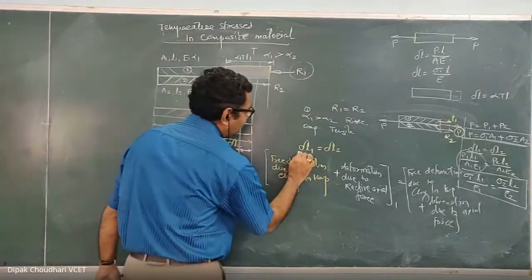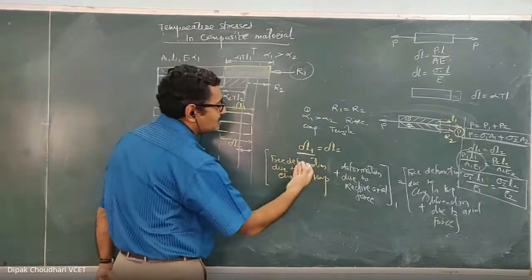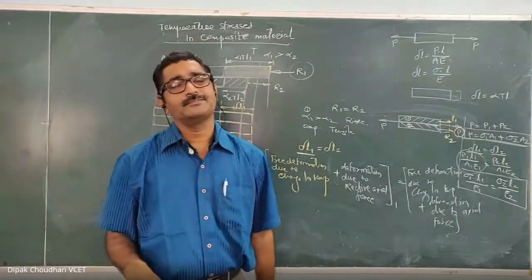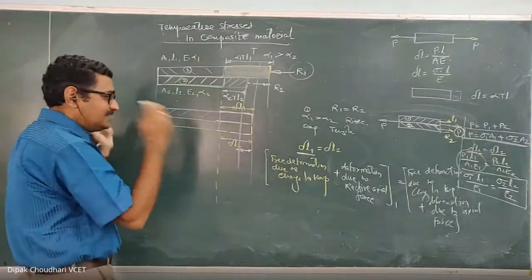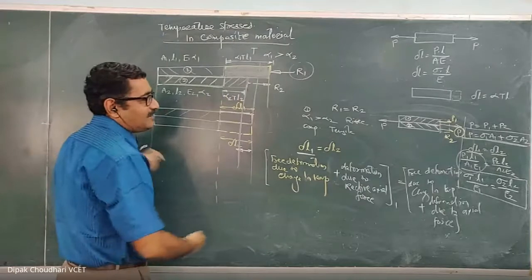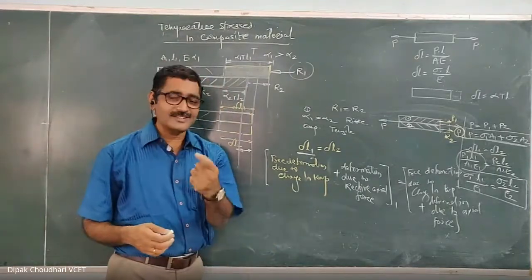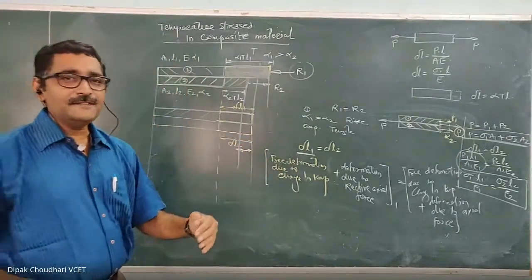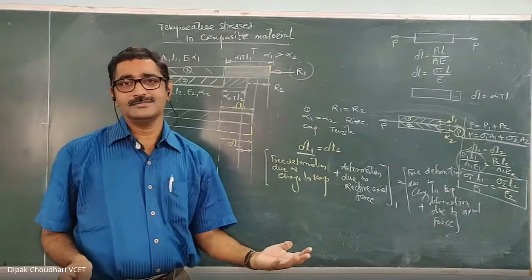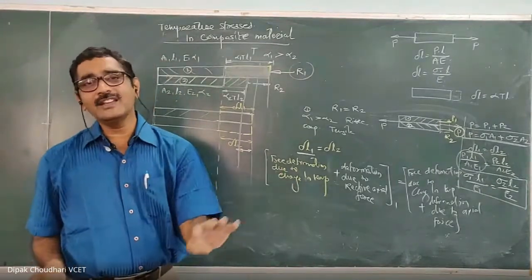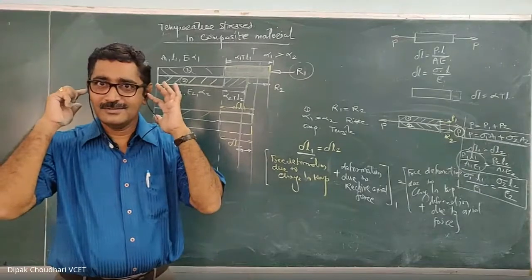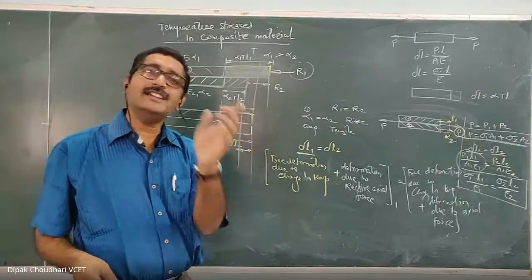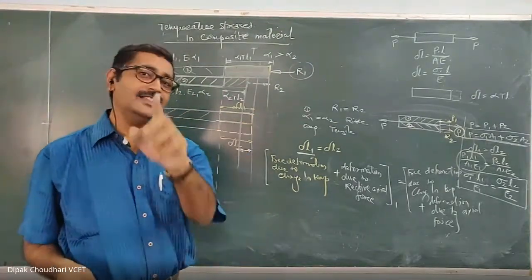Now it is a change in length. I have used the word deformation. Deformation is a general word which you can use for elongation as well as compression. Okay. But since it is a summation of this deformation, while taking the summation, you have to use some sign convention. And what I am suggesting here, if there is an increase in length, use positive sign. If there is a decrease in length, use negative sign, because we are taking the summation.